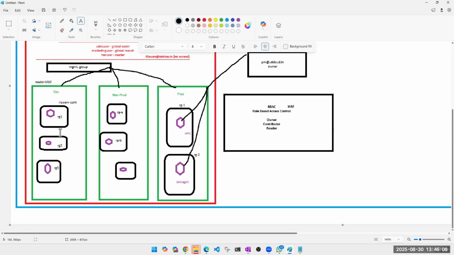In my resource group 1, I have a small client, not very crucial. In my resource group 2, I have a very big client. In resource group 3, I have a Fortune 500 client. Very important. I do not want him to start working on all of them immediately. I want him to keep watching resource groups 3 and 2, how the work is being done, but start working in resource group 1. Create some machines, delete some machines, as per the requests you're getting. I want him to be active in resource group 1.